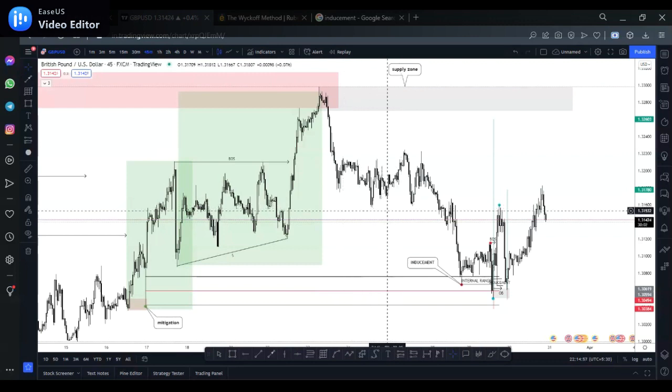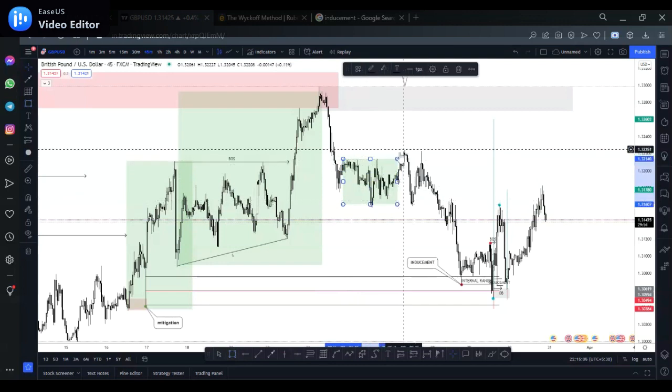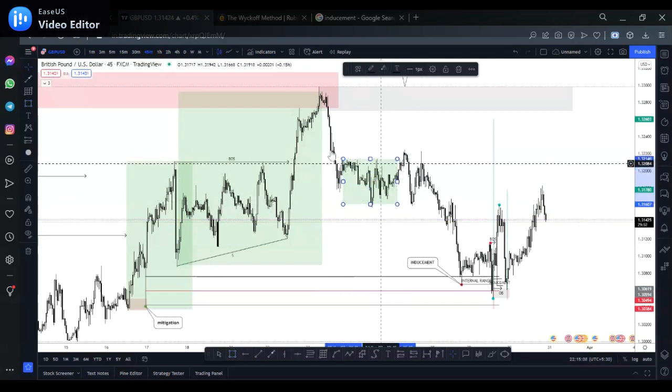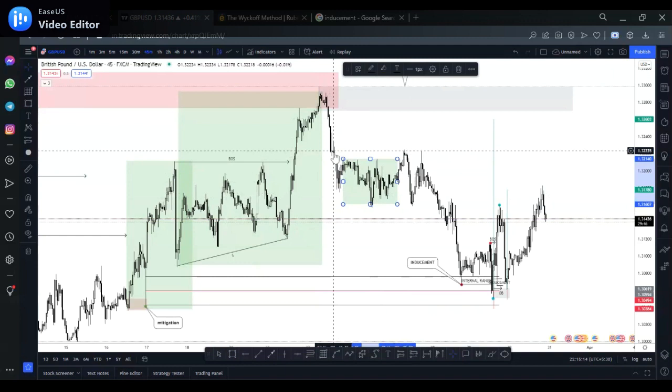So this right here was a consolidation, which you could see clearly. It's within a range. So now they took out the high of the range, which was taking out this liquidity, which was internal range liquidity. This was within this new range after a book structure here. So I took a sell from here, but I'm not talking about the setup. I'm just trying to teach you guys a different concept.